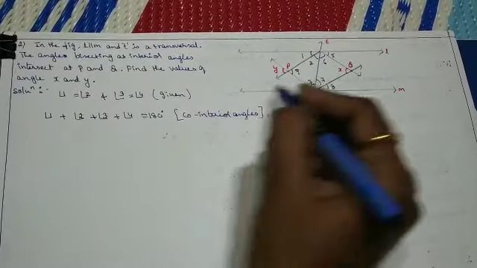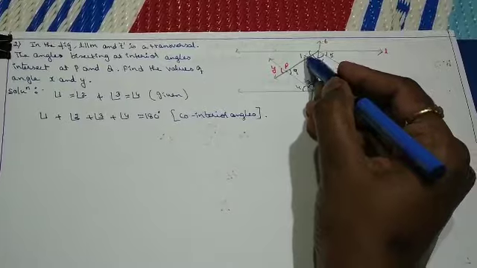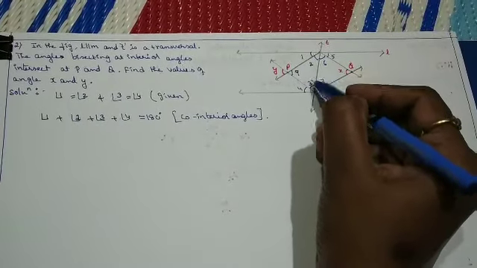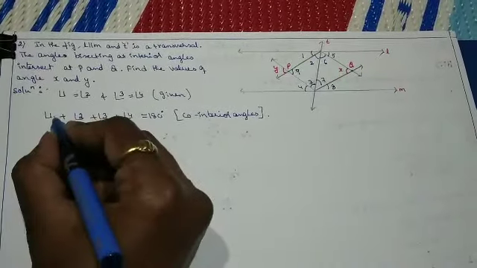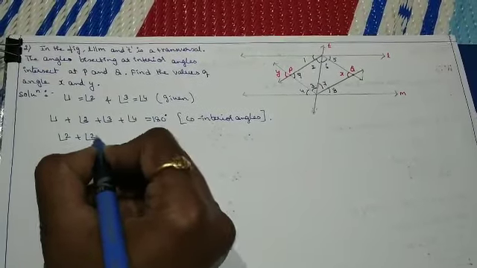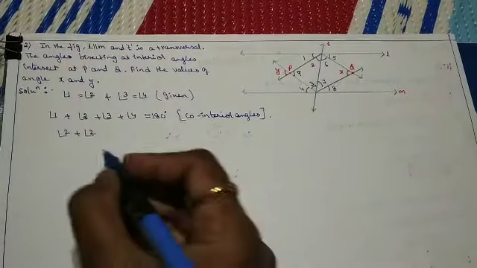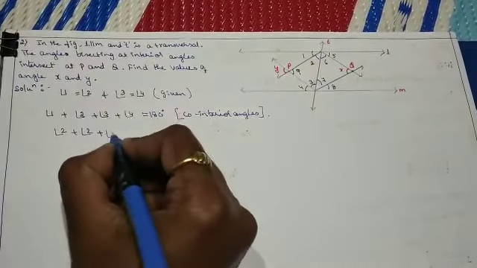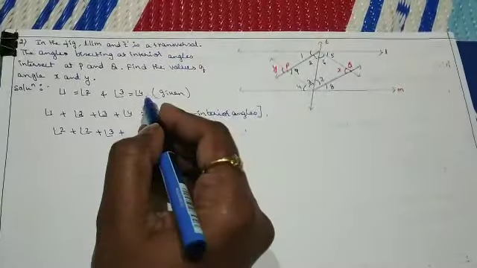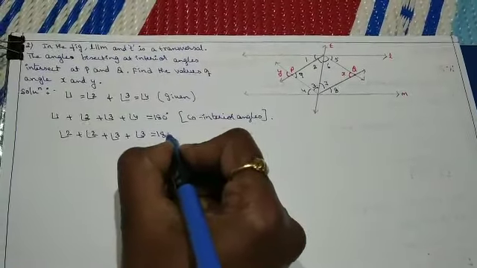Then inside the angle we have 2 and 3, means 1 and 4 should be converted in terms of 2 and 3. So angle 1 is nothing but angle 2 plus angle 2, keep it as it is. Next angle 3 we required, therefore keep the angle 3 as it is, and angle 4 can be written as angle 3, equal to 180 degree.